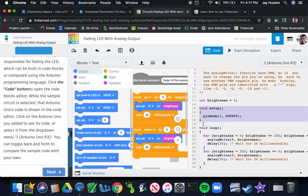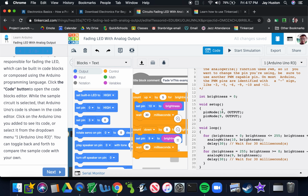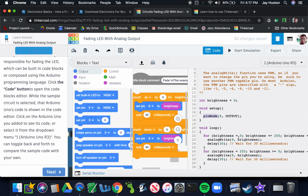This section of code sets up the Arduino. And what this says is, hey, pin 9, I'm going to use you. Somewhere down below in the code, you are going to be activated, so let's wake you up. And that's what pin mode does. It just kind of wakes up the pin. So if I change this to 10, then I have to wake up 10 and 9. But we don't use pin 10, we just use pin 9, so I'll get rid of that. So pin mode just wakes up the pin, the correct pin, the plug that we're going to plug our circuit